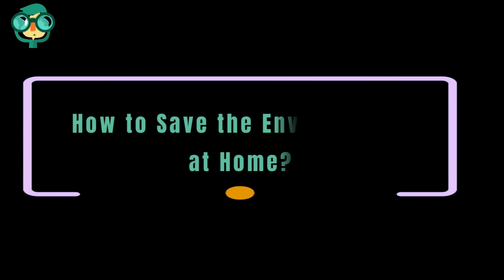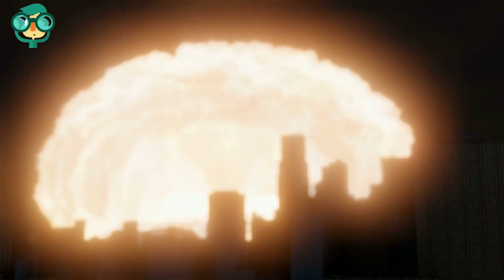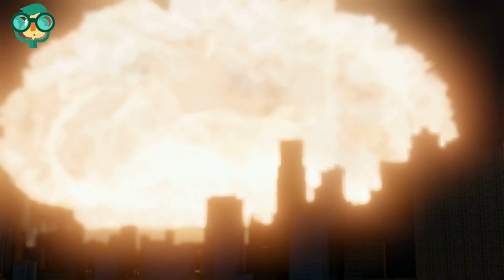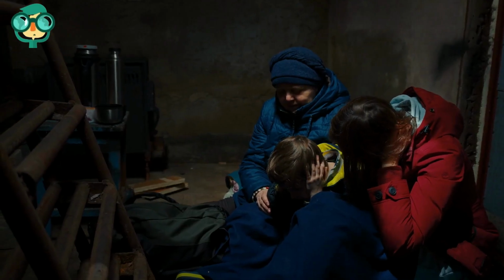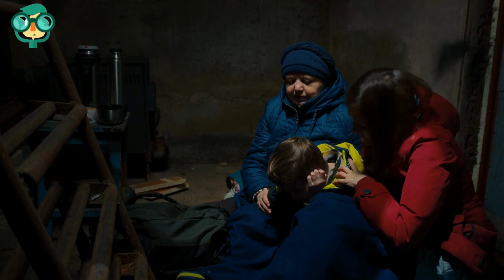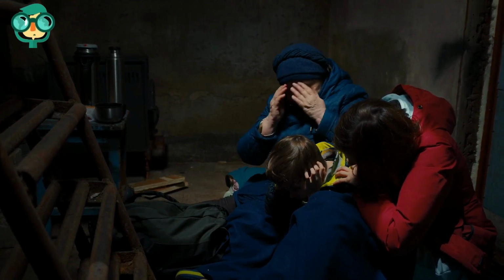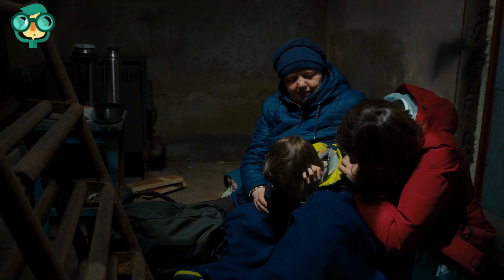Today, we will talk about how to build a fallout shelter. Let's have a look at the details. While experts say nuclear war is unlikely, building a fallout shelter can still help provide peace of mind during these uncertain times. A nuclear fallout shelter, also called a bomb shelter, protects you and your family after a nuclear attack